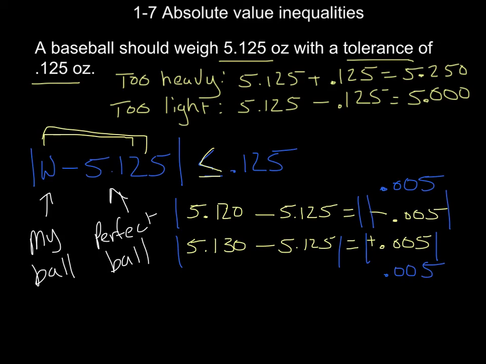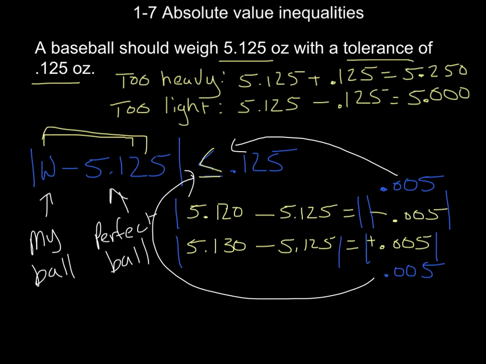So both of these problems, both of these balls, one is too light, one is too heavy, but I don't care about that. All I care is how far away am I from my perfect ball. And in both cases, it's 0.005. And in both cases, I'm okay. I have a legal baseball. In both cases, this number here is less than 0.125. So I don't care if I'm too light or too heavy,